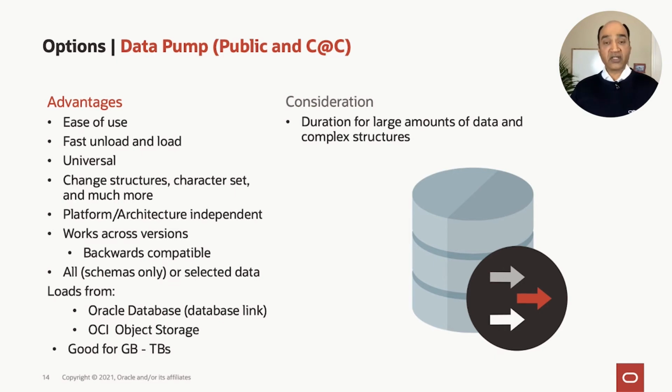It is also a lot faster, and it is also good if your databases are large. So you could have terabyte-sized databases that can be migrated into autonomous. If you're moving into autonomous on dedicated Cloud at Customer, then you could use the NFS option where Data Pump files could be put on a local NFS in your own data center and then imported into the autonomous database. If you're using public cloud, then you're better off moving those Data Pump exports to OCI object store and then importing it from there.